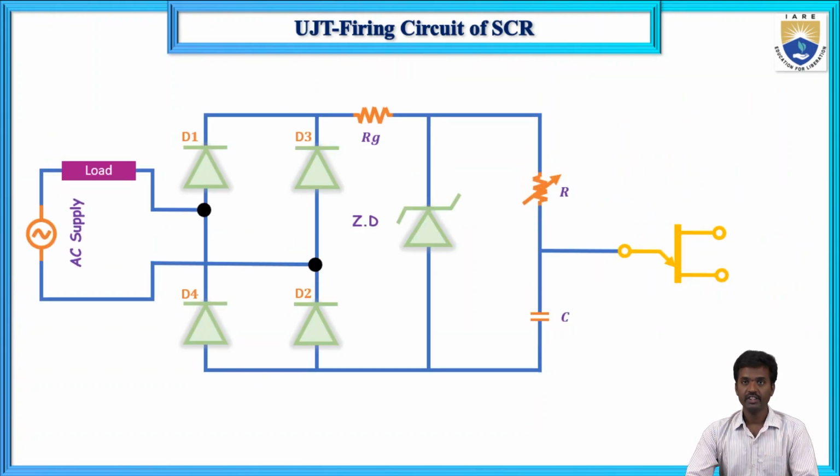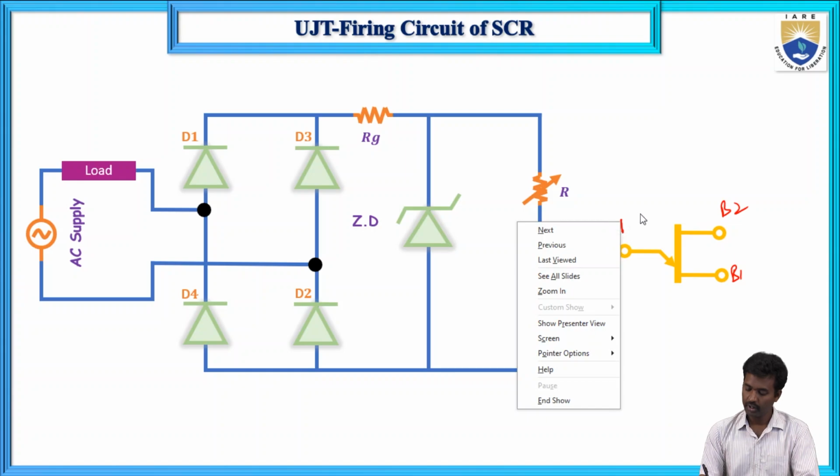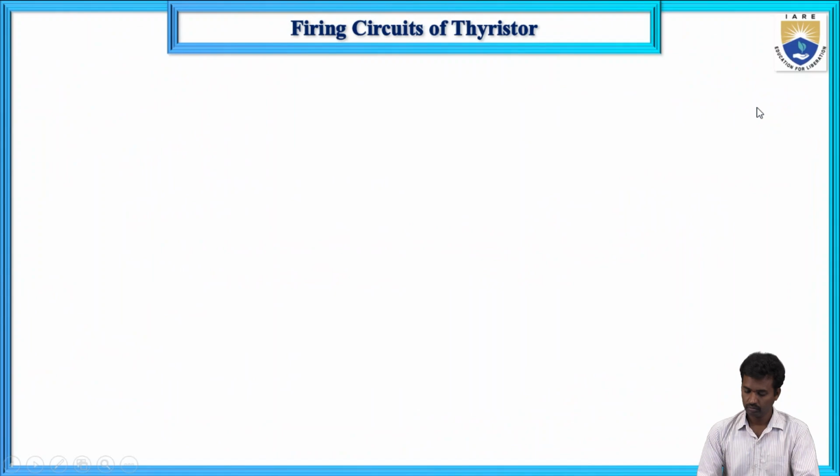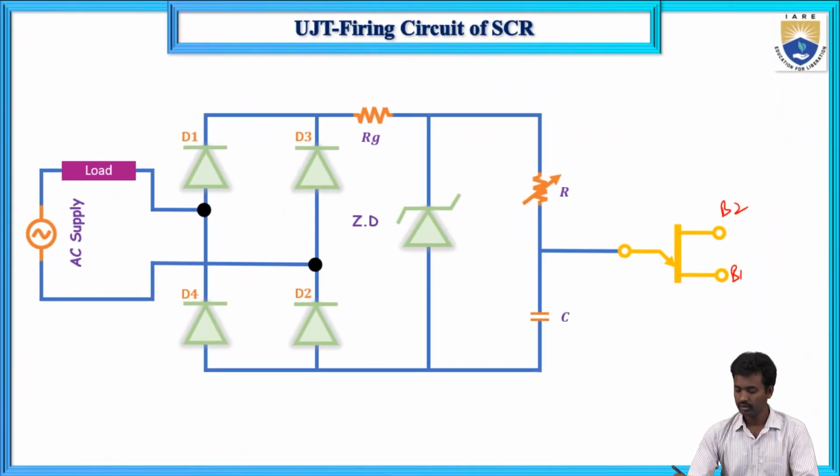Now the UJT firing circuit. The circuit diagram looks like this. This is the UJT: B1, B2, and this is the emitter, three terminals. So the main advantage of the UJT firing circuit: